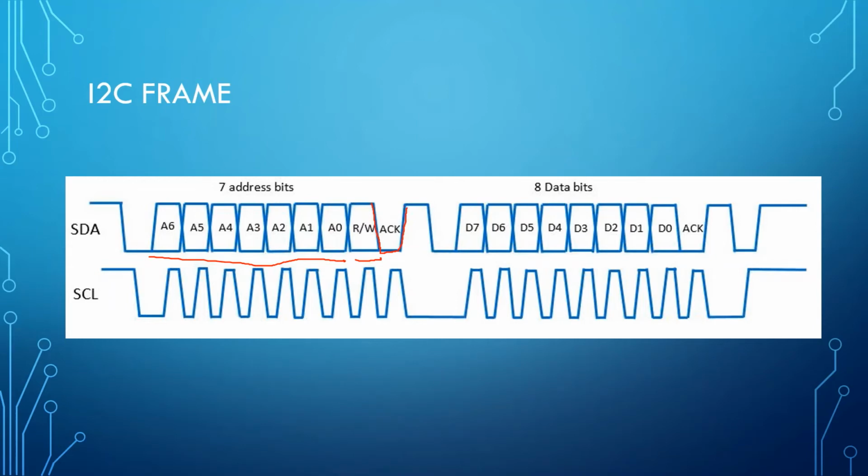After that, one clock is empty, and after that there will be a data frame of 8 bits from D0 to D7, and after every data frame there is one acknowledgement bit to check whether we have sent correct data or not. Suppose if the read or write bit is 1, in this case data will be transferred from